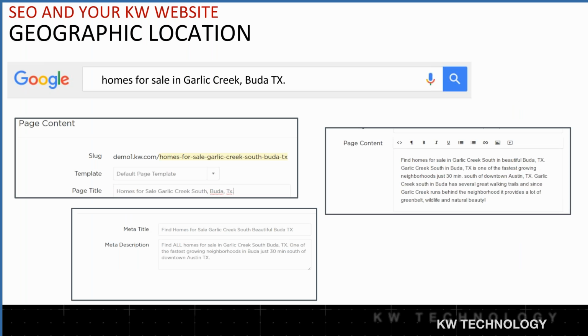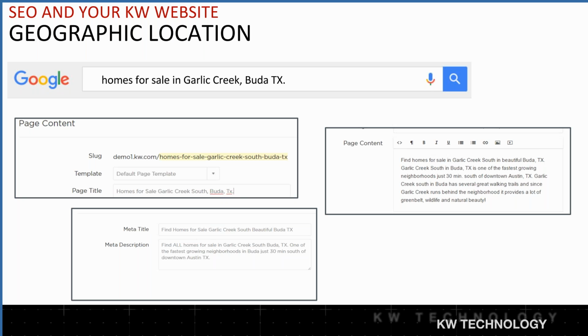And geographic location is also a great way of narrowing down a niche. So this is an example, the same example we were using before. By using that geographic location, we're going to attract clients in that target market, and we're going to reduce the number of competitive web pages because we're narrowing down that niche. We're extending our keywords. We're doing a long tail approach, but we're narrowing down the area.